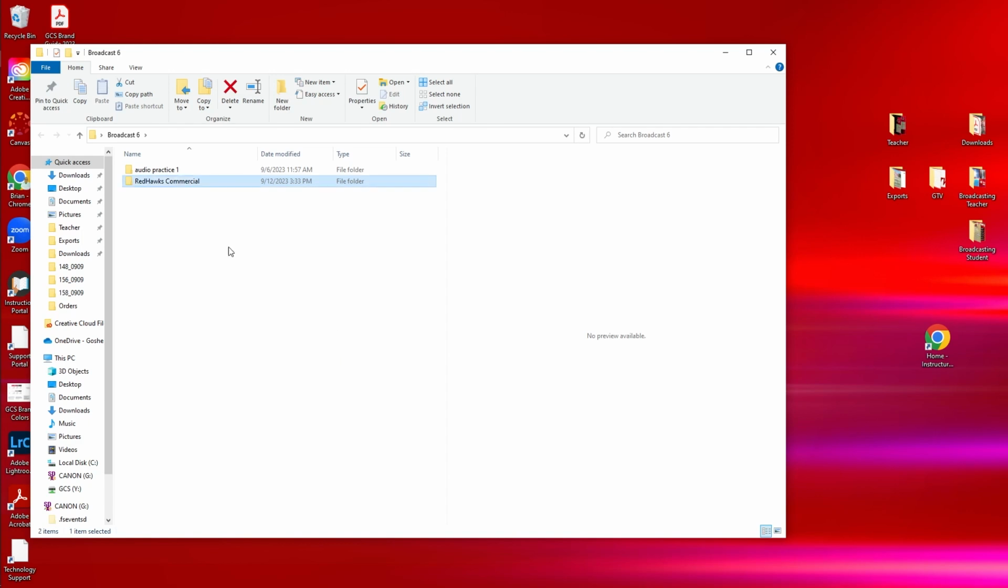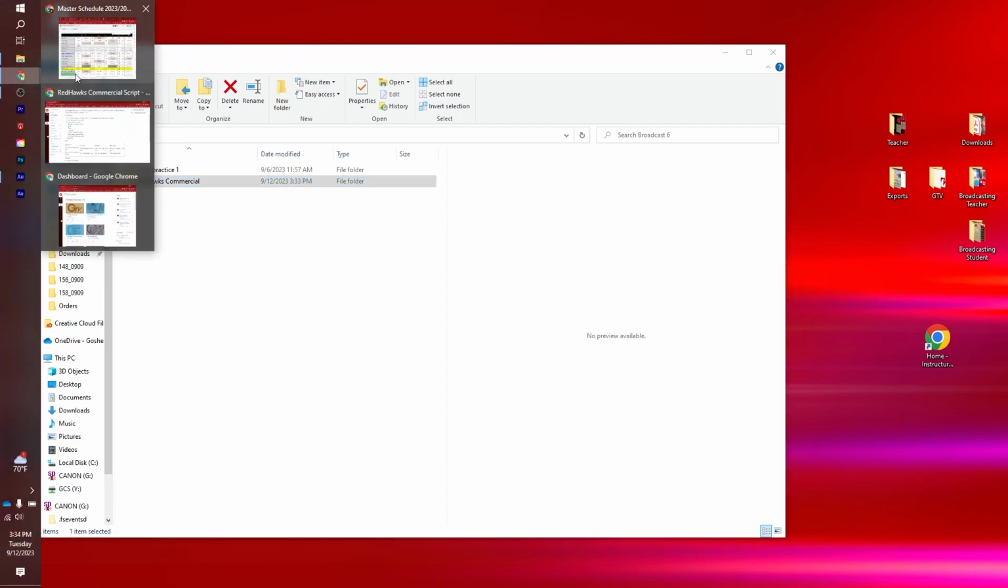Okay, so you've got that folder there. That way you can save all your files you're going to download and your audio that you record in your project. You're going to save that in here. So now we got that folder. Let's go ahead and open up